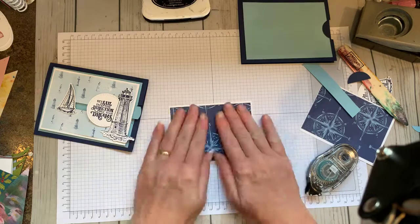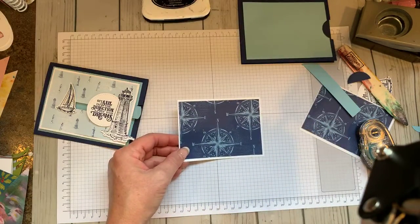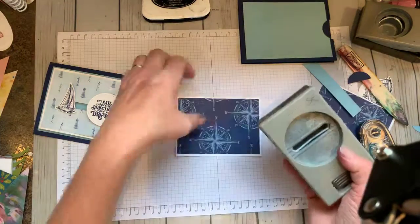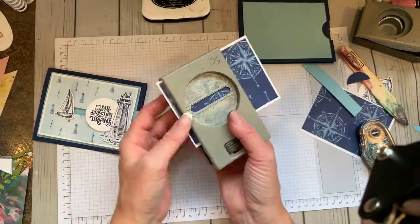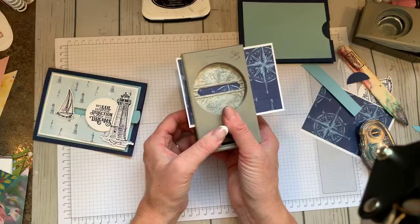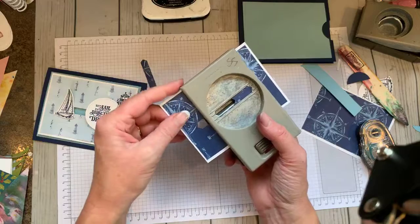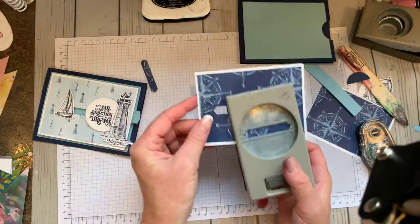And looks just like that, okay? All right, now what I need to do is I am going to use the punch, and I'm going to take my paper and I'm going to drop it all the way down. You see that? And I'm going to leave a little bit of an opening on the left side. I'm going to move it down, and it'll be even because I've dropped it all the way in. And so I have there